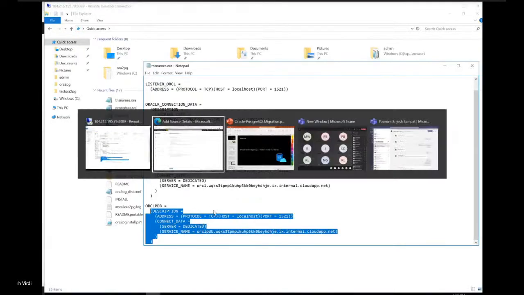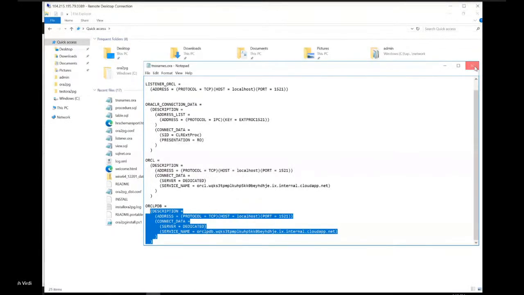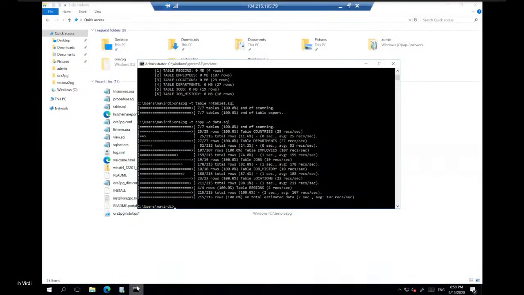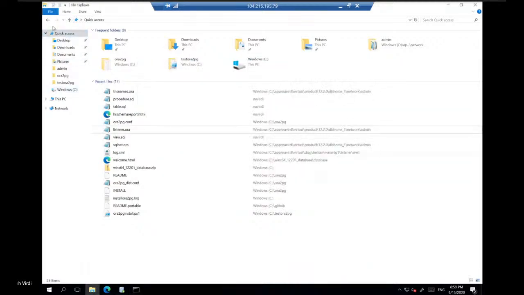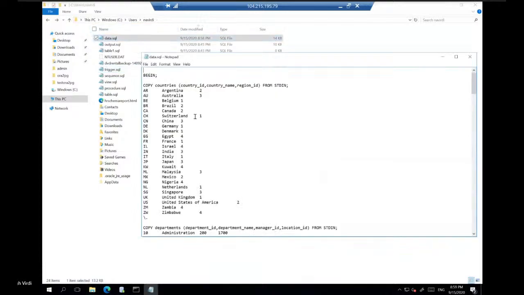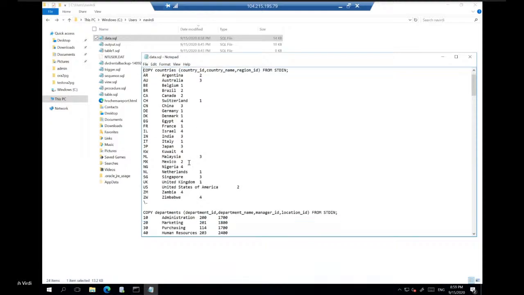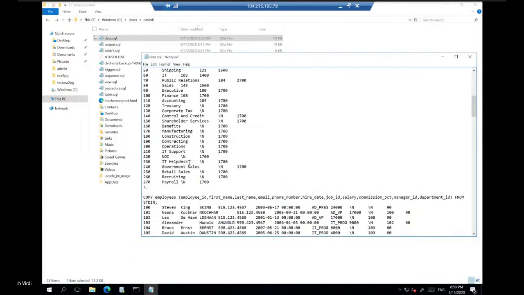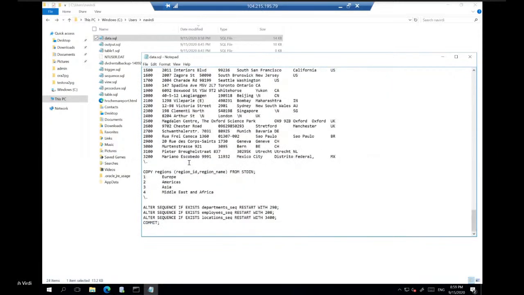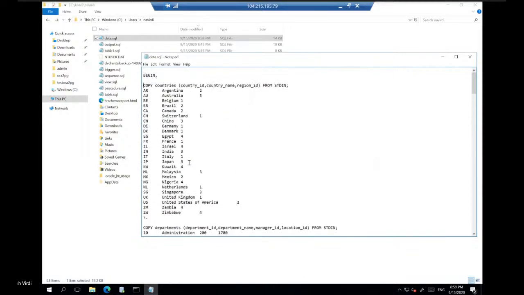And meanwhile here, if my export is done, it would have exported the data. So yes, it has exported the data. Let's see if we can see that data. Here, if you see, it has actually created the copy commands to dump that data into my Postgre instance. I can simply run this on my Postgre, and it would migrate the data.